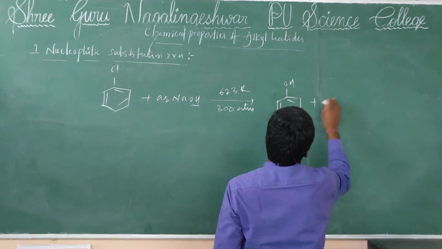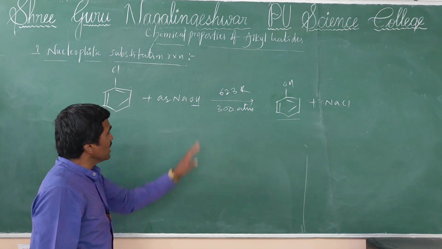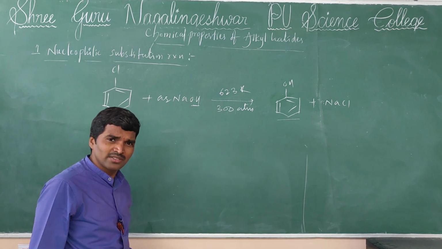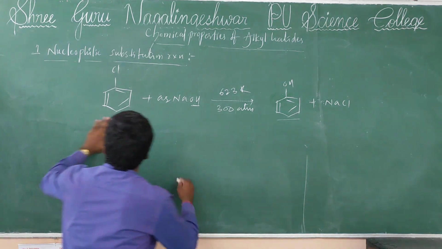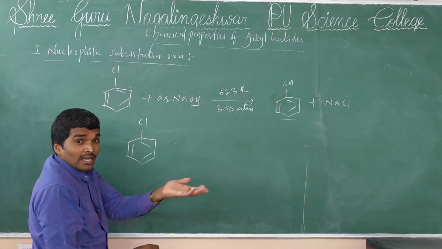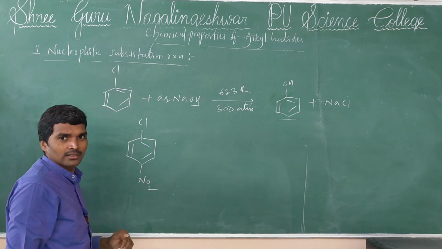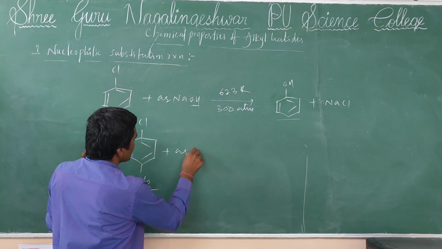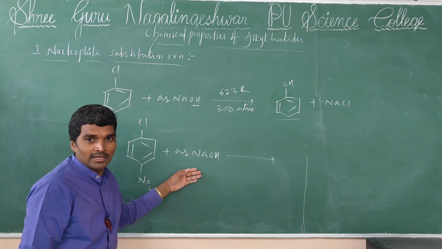plus NaCl will be formed. So in normal condition this reaction does not take place. May be important. For example, see in chlorobenzene, electron withdrawing groups are present like NO2. Like NO2 withdrawing groups are present. Then the reaction takes place